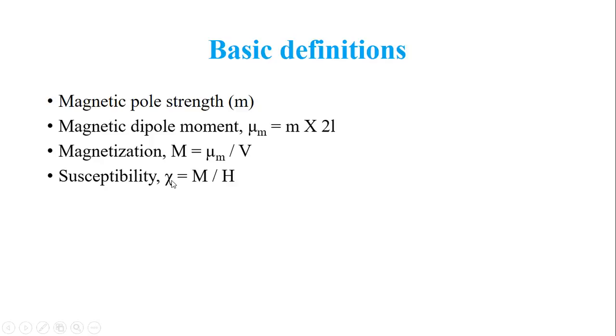So material 1 has got greater susceptibility, so it is far more influenced by the applied magnetic field than material 2. Material 2 will be sparsely influenced, whereas material 1 is strongly influenced by the applied magnetic field because susceptibility is more in the case of material 1 and susceptibility is lesser in the case of material 2. Then let us quickly recollect what we understood so far.